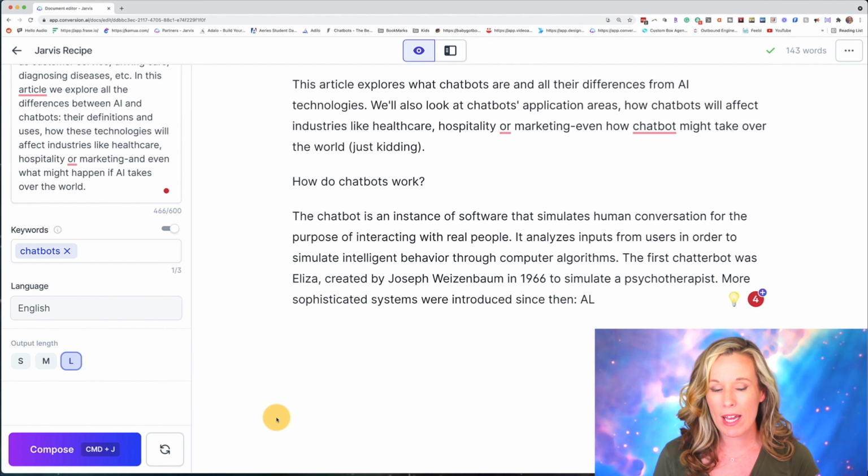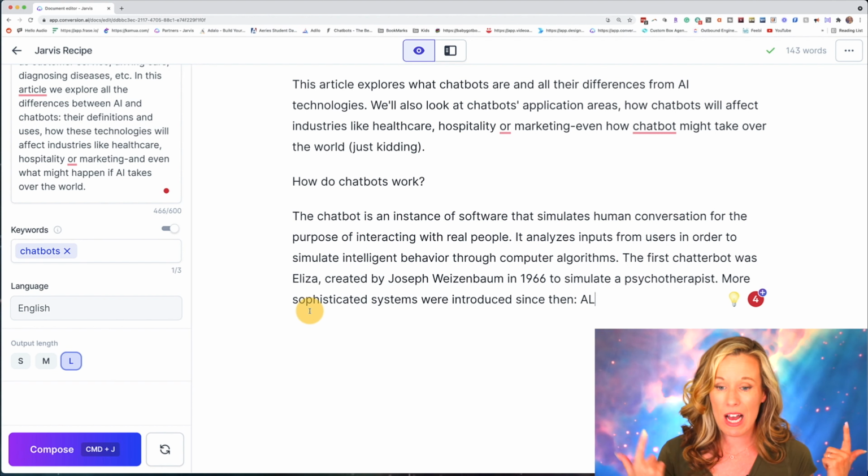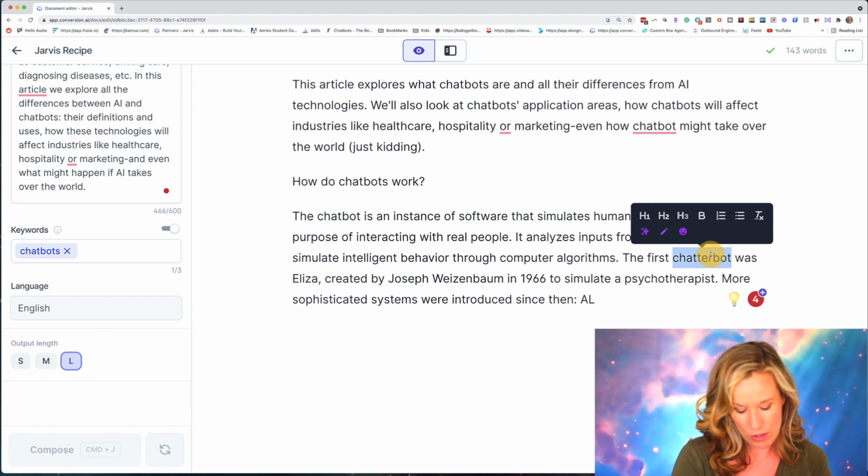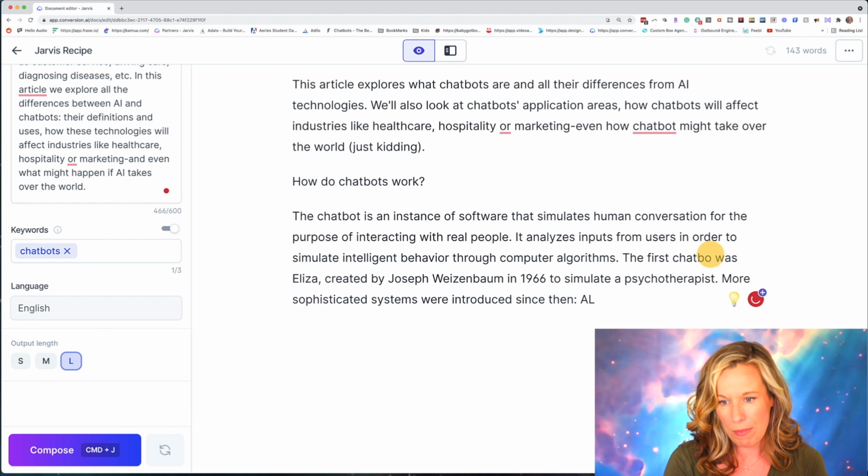Something else I want to point out to you is not everything is accurate. I was actually surprised at how much was accurate, especially historical information about like the background of AI or chatbots. So the key takeaway is when you're using it to write your content, make sure you fact check. It's really easy actually. You can see here's an example. The first chatterbot, well, I already know that I want to change that. Chatbot was Eliza, created by Joseph Weizenbaum in